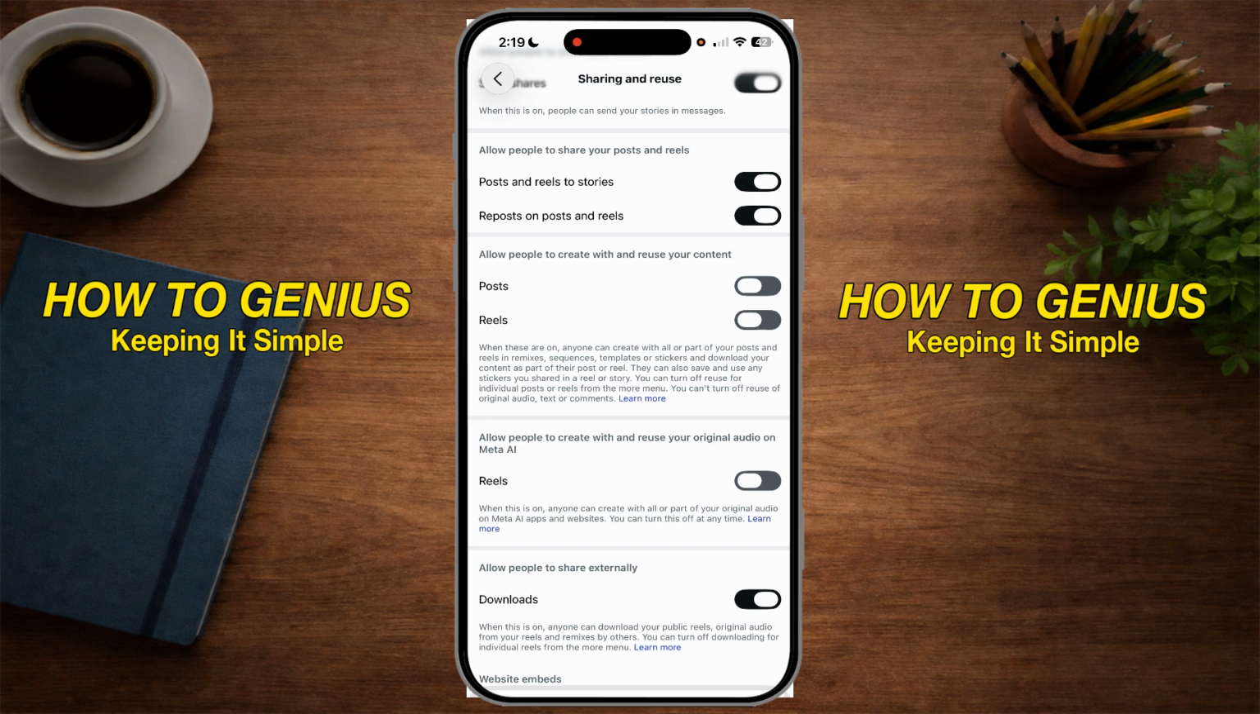From this point forward, it will not allow people, content creators, or Meta AI to use your content to create new things. So from this point forward, it should be okay. And that's it. It's super simple and super easy to turn these features off so that Meta AI is not reusing your